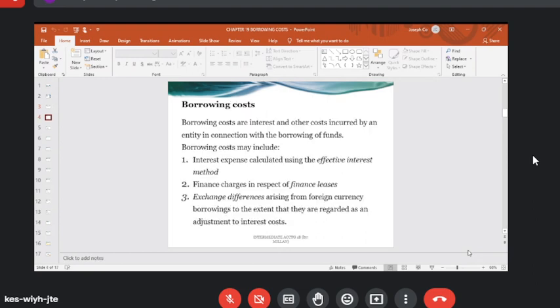Borrowing costs are interests and other costs incurred by an entity in connection with the borrowing of funds. Borrowing costs may include interest expense calculated using the effective interest method, finance charges in respect of finance leases, and exchange differences